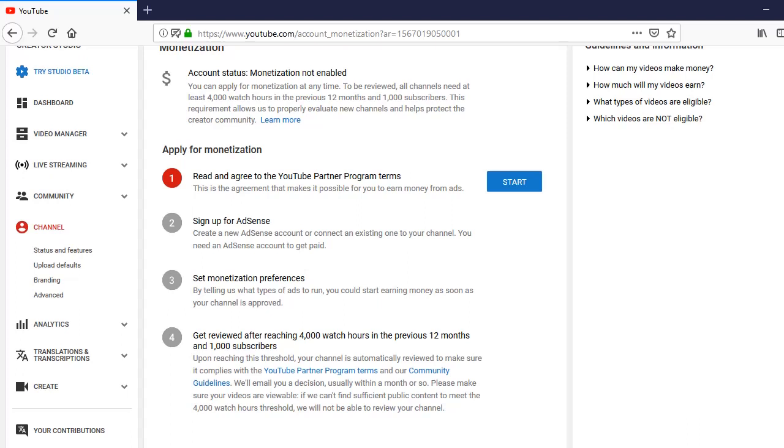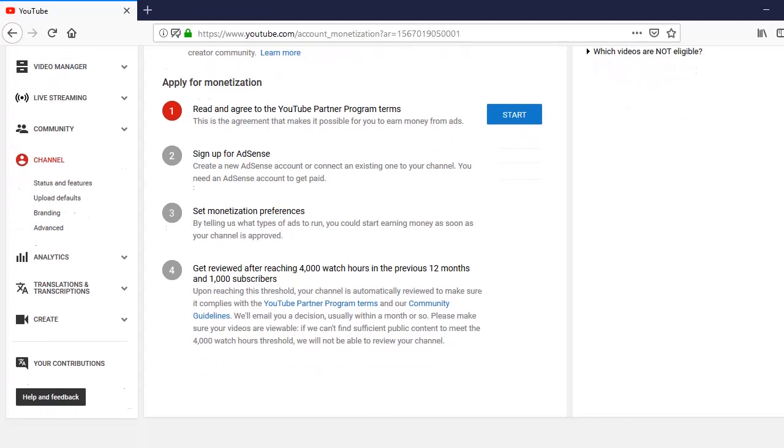Second is sign up for AdSense. Third is set monetization preferences. Fourth is get reviewed after reaching 4,000 watch hours in the previous 12 months and 1,000 subscribers. So the new rules say 4,000 watch hours in the previous 12 months and 1,000 subscribers. You have to reach this target.